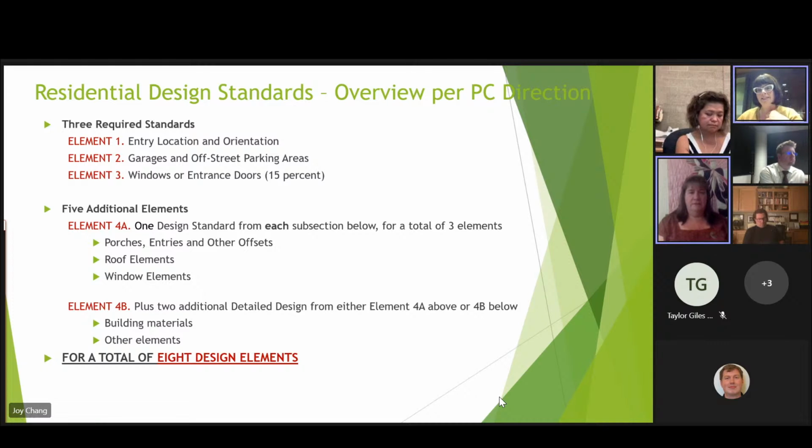we can definitely add additional elements to, let's see here, like building materials. We could add belly band. That can be added for window elements. We can add